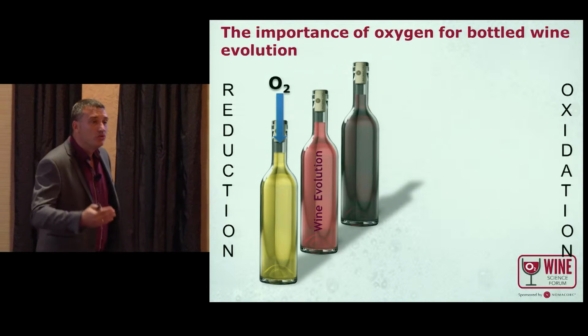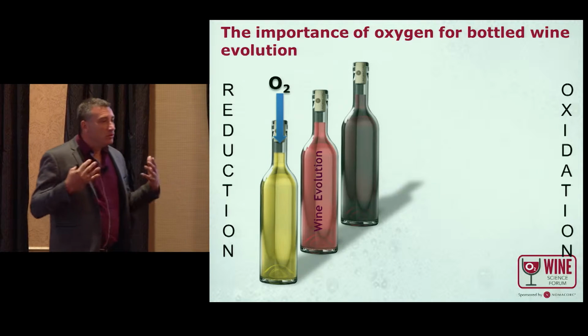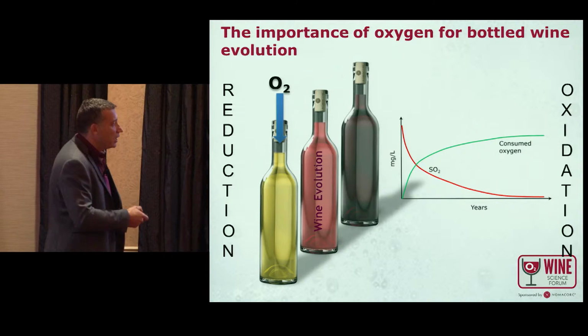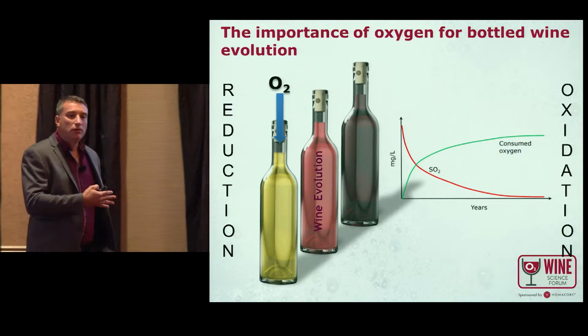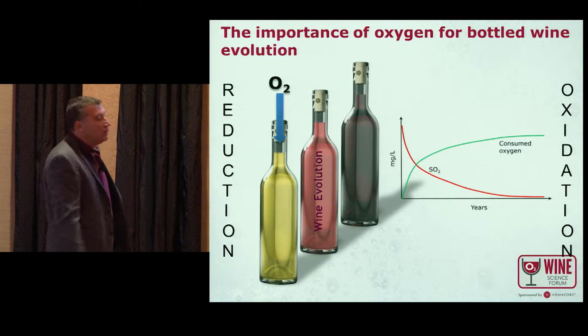We want all the bottles to develop the same way. When you buy wines many times from the same producer, from the same label, you want to enjoy the wine always the same way. Okay, so the influence of oxygen on this, and we are going to cover different aspects of this during the different talks today. First one is the oxygen going in a bottle and the influence that it has on the